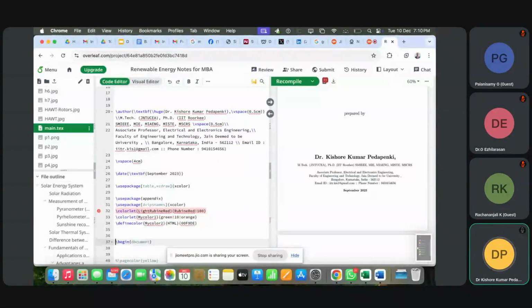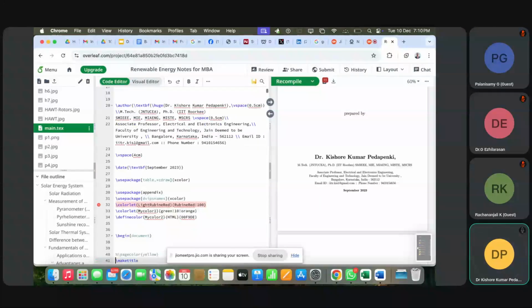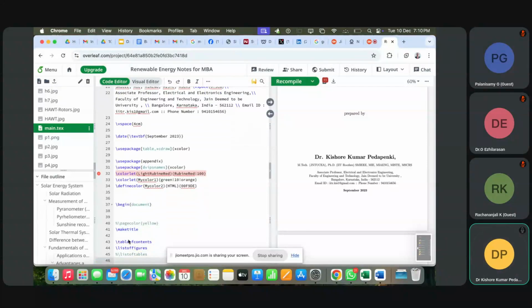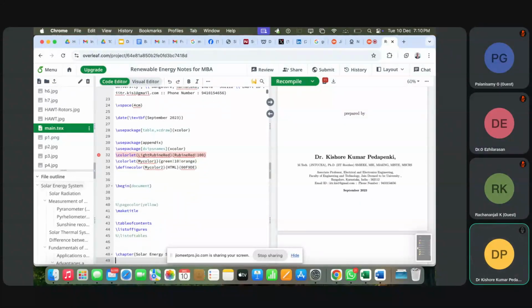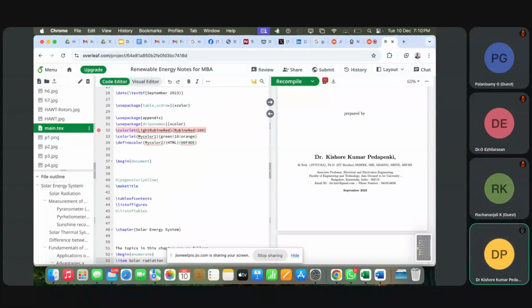From here my programming starts. Backslash begin document and backslash end document. So whatever I want to see here, it should be in between these two only. And maybe author, title, these should come inside this by using a simple command that is called backslash maketitle. I really fell for LaTeX because of only two commands.